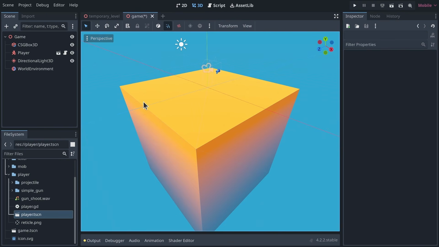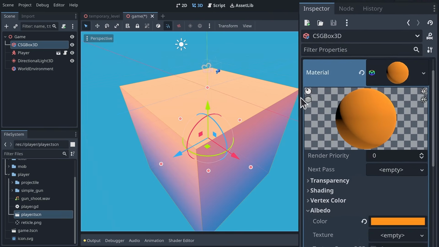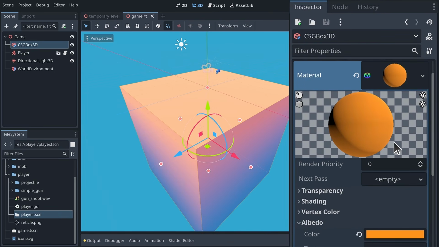Also note that when you select the CSG box, there's kind of a blue overlay over it, and this changes the colors that we see. You can see a preview of the material in the inspector on the right, so we could work with that to shade the platform, but it's good to see how it will look in the view as well,